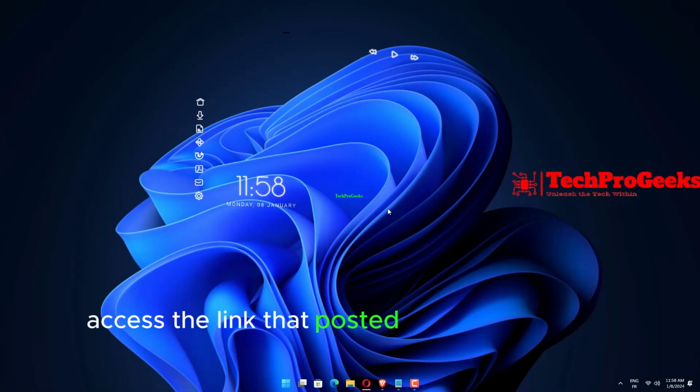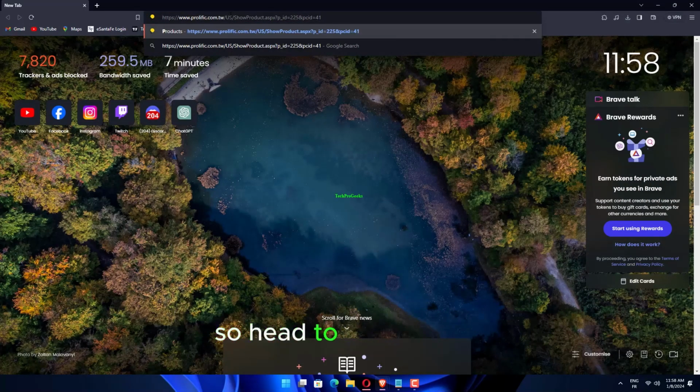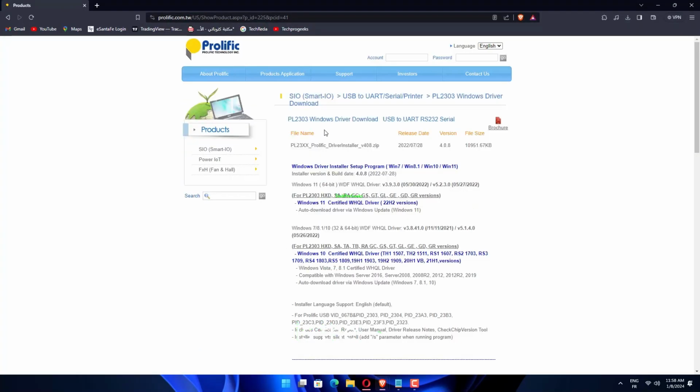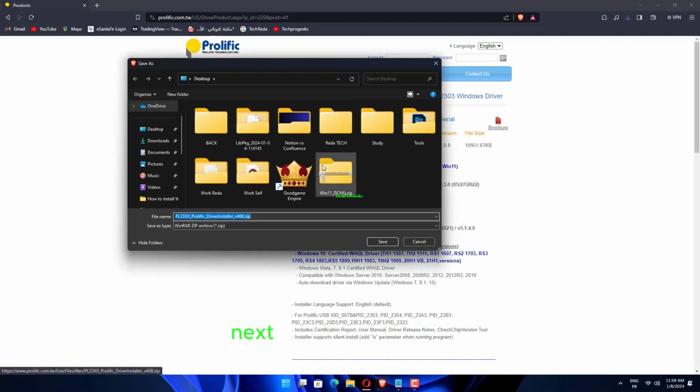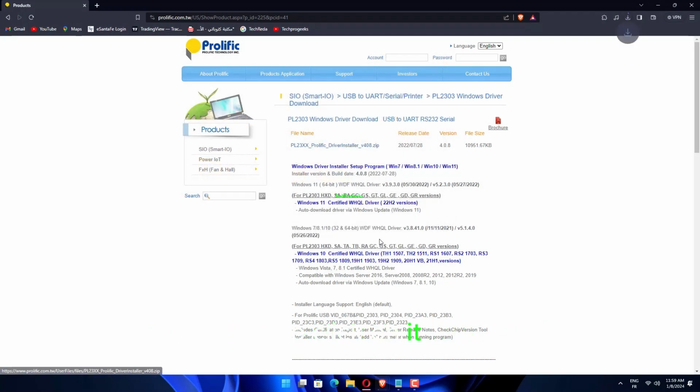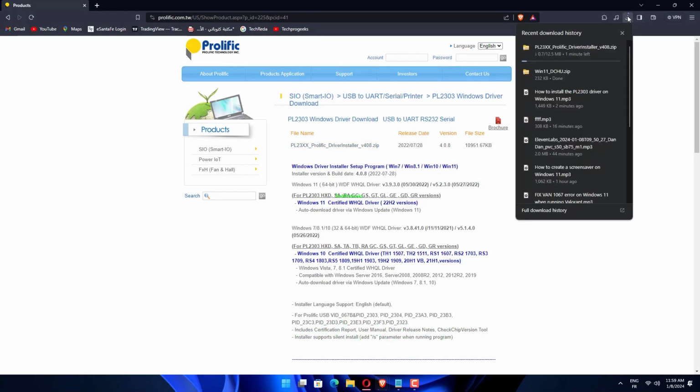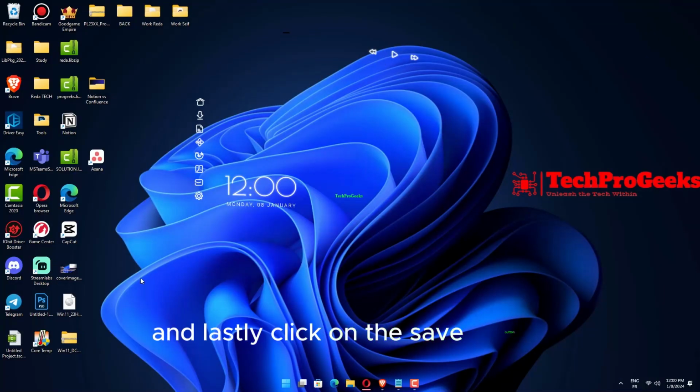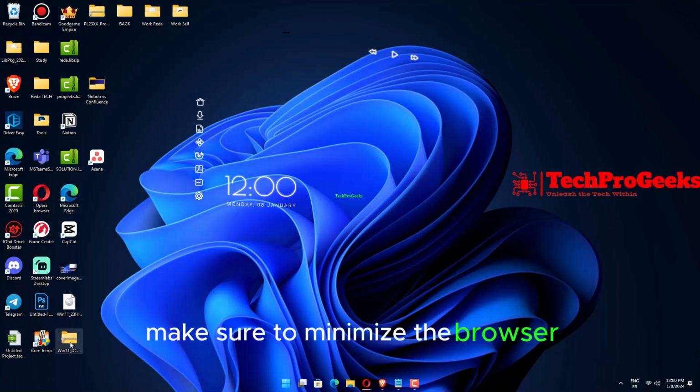Access the link that's posted in the description below. So head to the browser, and as you can see, this is the PL203 Windows driver download webpage. If you want to download the installer for this driver, make sure to click on the blue hyperlink next to download file, so click on it and then decide on choosing a location for the download, and lastly click on the save button. Now, after the download is finished, make sure to minimize the browser, and the next step